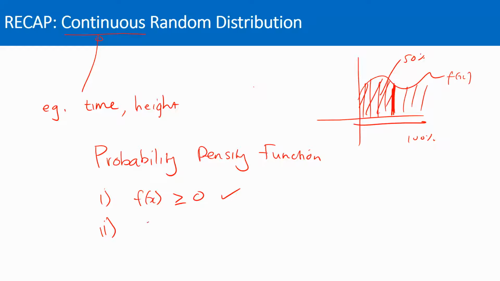So they're just saying the area under the curve, which means region, just needs to equal 1. We can't have it less than 1, doesn't make sense. All probability should add up to 1. We know that's the chances. That's what PDF or probability density function means. And that's the first step in order to then do continuous random distribution. You can't do this until you have this. It's like a Bernoulli sequence. If you don't have two outcomes, you can't use binomial. It's the same thing here. You can't use continuous unless you know these two conditions are met.